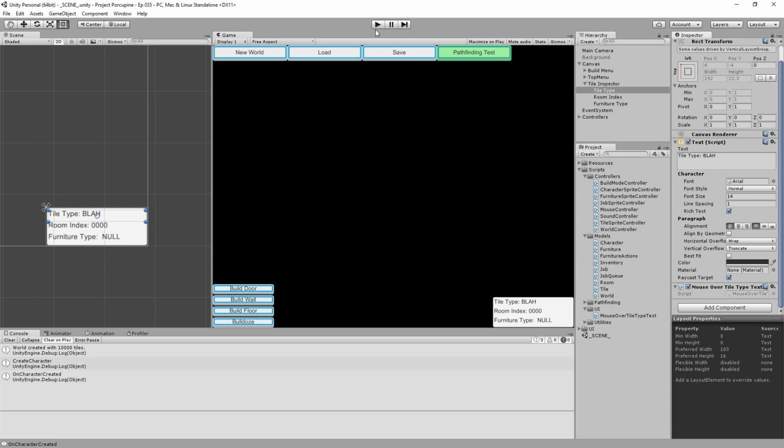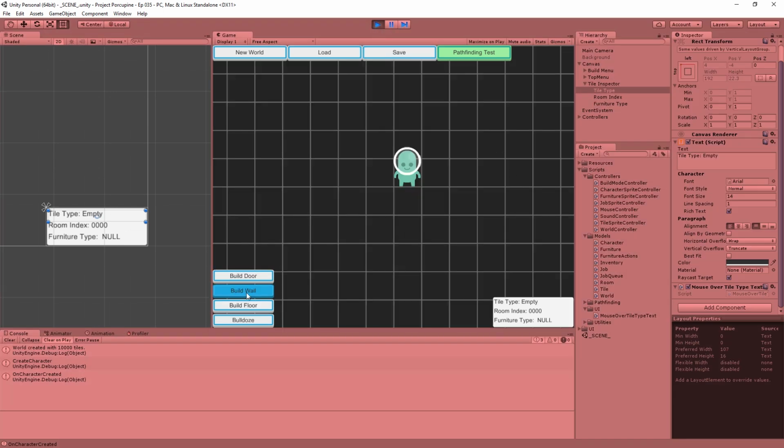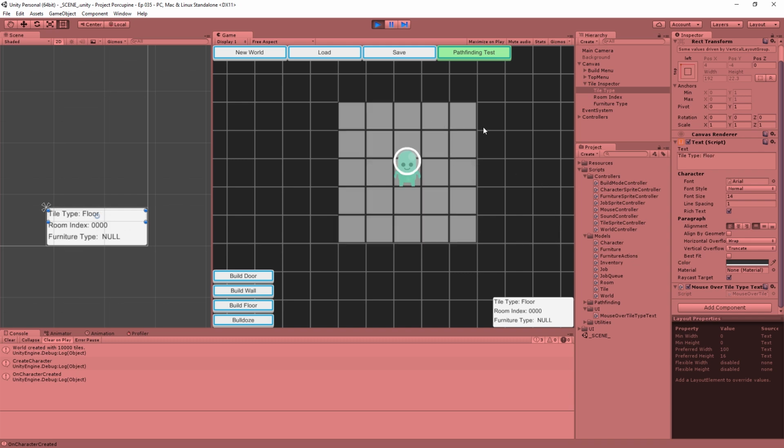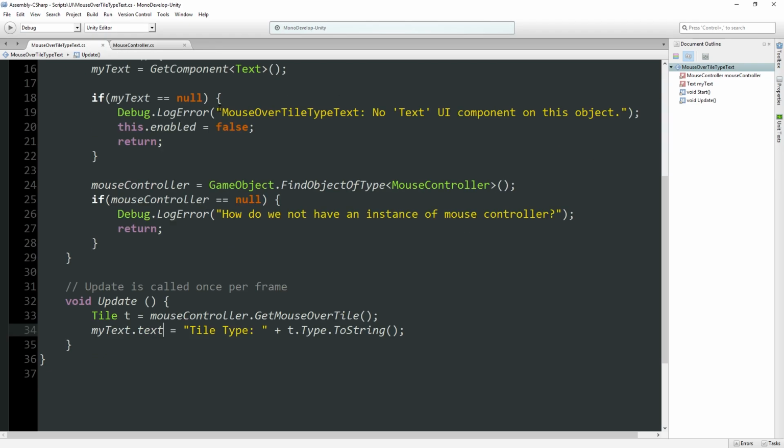There we go. So now it'll confirm that when we hit play and when we mouse over things, it's saying empty. Let me go and build some floors over here. There we go. Tile type floor. You see how it's switching? Beautiful, beautiful. Okay, so what I'm going to do is take this baseline script over here,